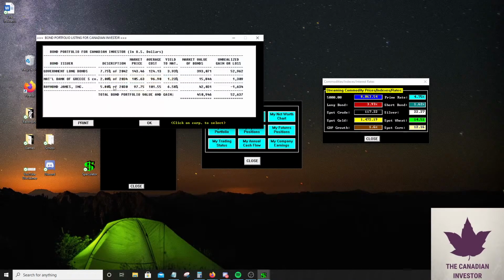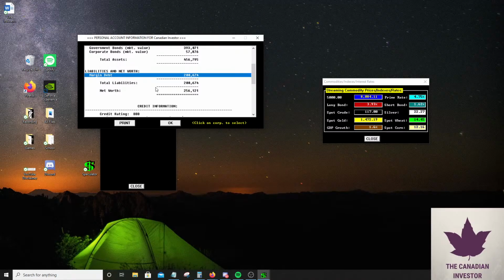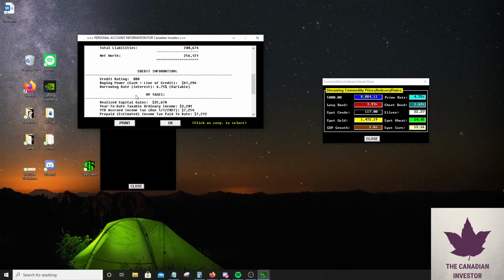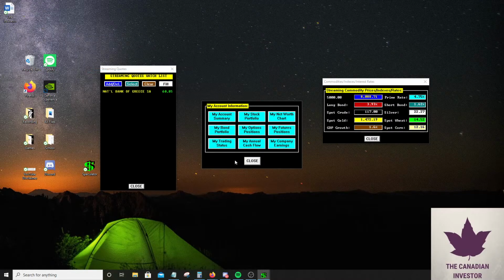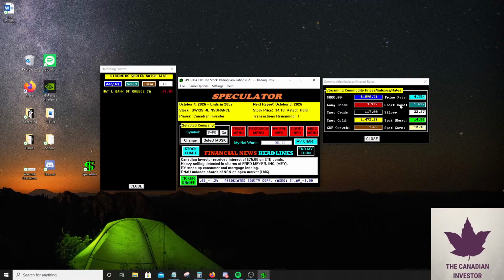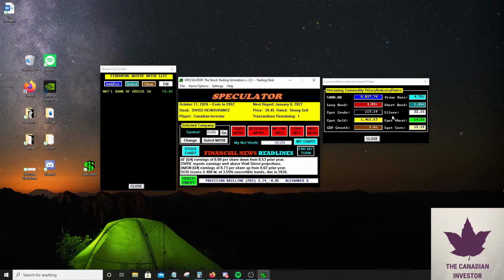So right now we have the long bond, and we got 52,000 because we borrowed money in this case. So this is a little bit higher risk stuff because we took out a $200,000 loan, and we're considered triple B, but we took out debt to invest, which is very high risk, and we're very, very exposed to long interest rates right now. So it's not the greatest scenario if interest rates go up.